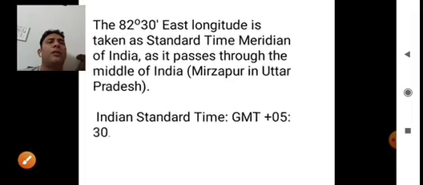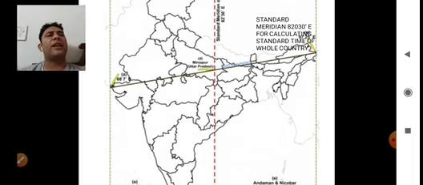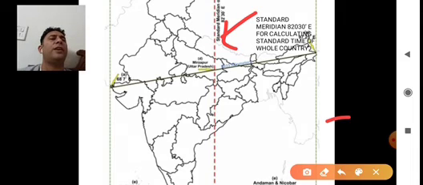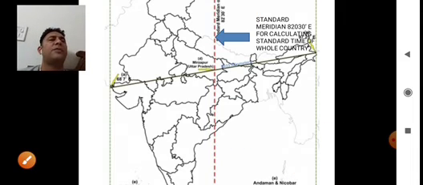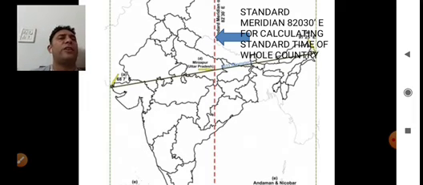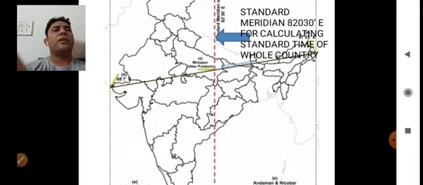Now let us go to the next slide. For calculating the standard time, this line which we are marking is the standard meridian of India, and the standard time is calculated at 82 degree 30 minutes east for the whole country. There may be some confusion among people if we do not have a standard time, and actually due to the longitudinal stretch we have a difference of 2 hours in the local time, but for the standard time only the longitude 82 degree 30 minutes will be used.